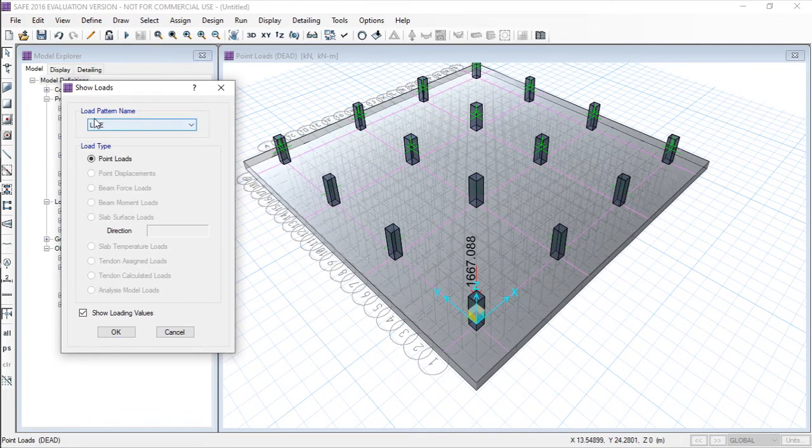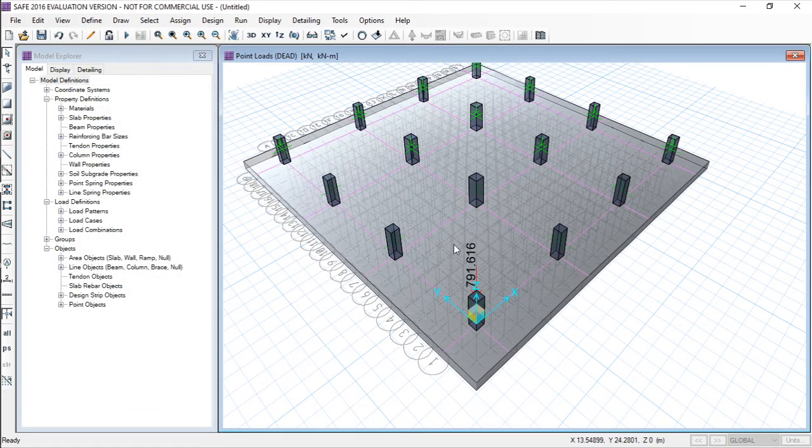Just select the load pattern as live and click on OK. You can see that 791.616 kilonewton intensity of axial load has been added at the center of the column, as I have not considered any eccentricity. That's why the axial load acts on the center of the column.